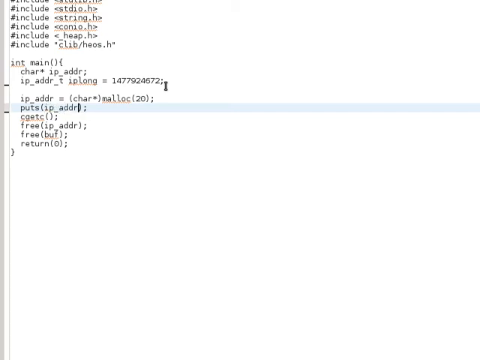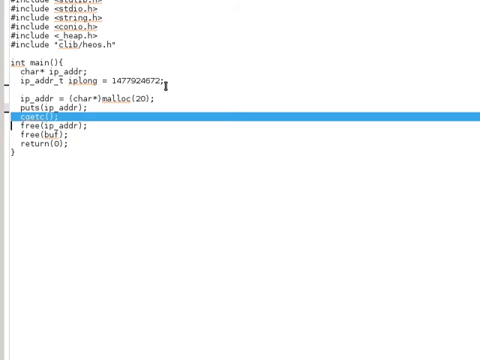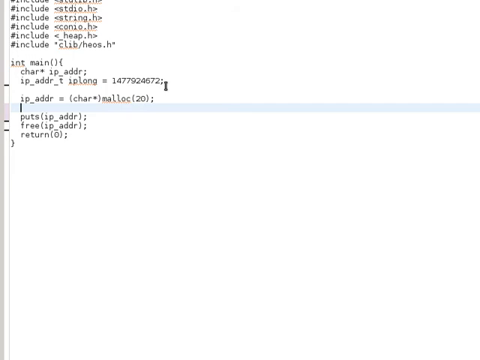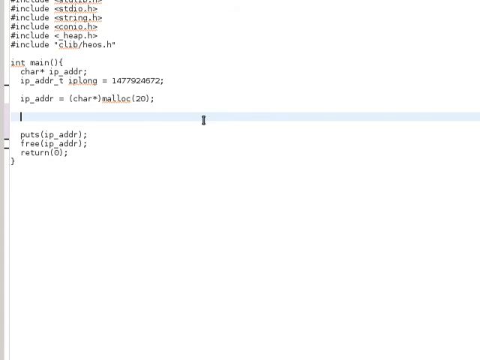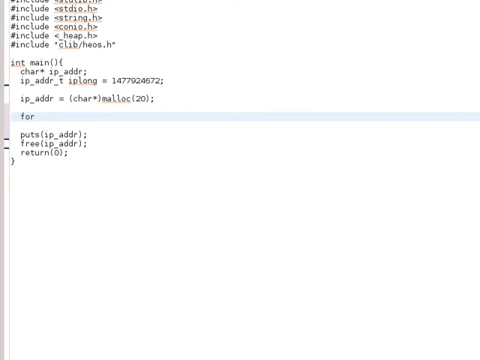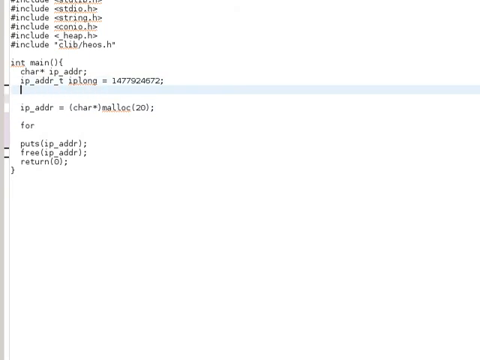Let's get rid of everything I don't need that I just created. Okay, so now the code to do the IP address, we need to do